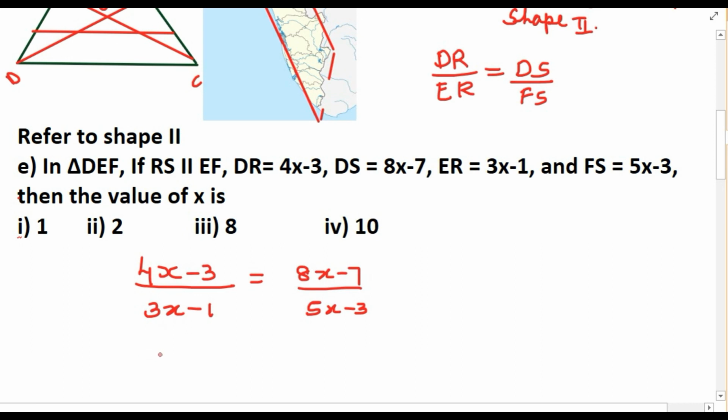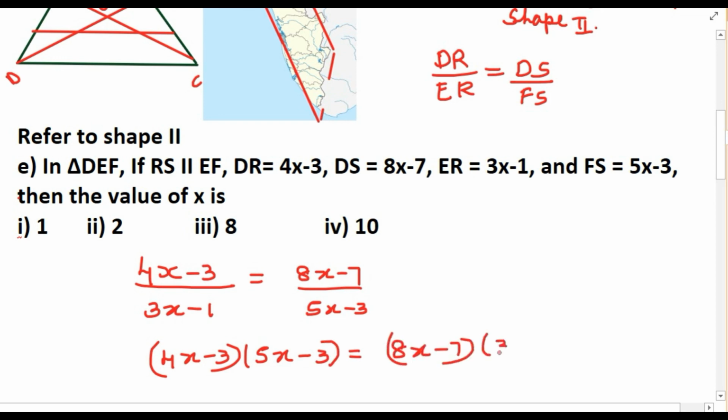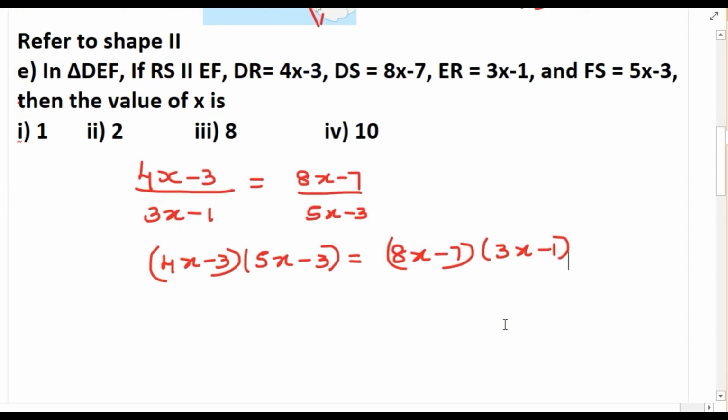So it is 4x minus 3 into 5x minus 3 equals 8x minus 7 into 3x minus 1. Now when you simplify this,